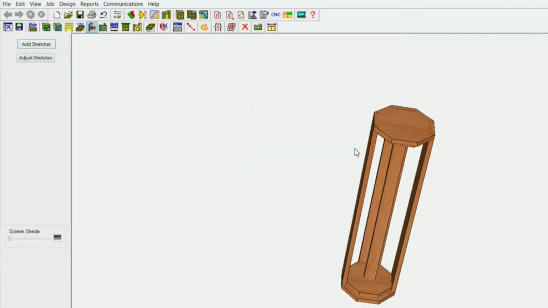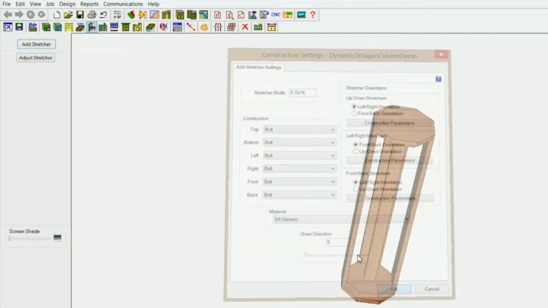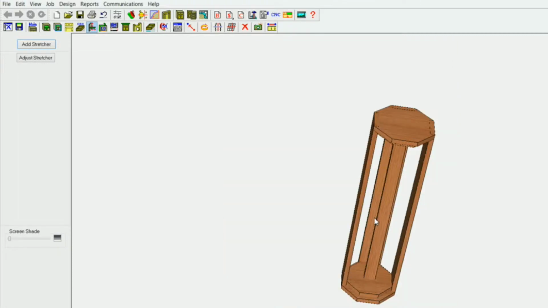And there's our stretcher. As you can see, it put it in here at 2 inches wide. We can go to construction settings here and change that. We can put 3 and 15/16, and it will put a 3 and 15/16 wide stretcher in here from now on. That's no big deal because we're going to make it adjust